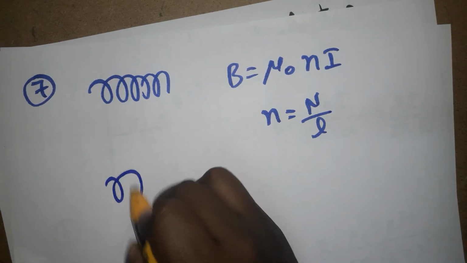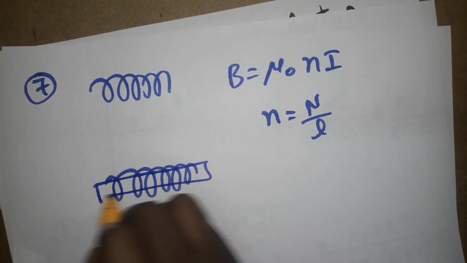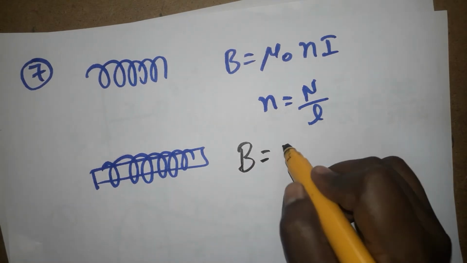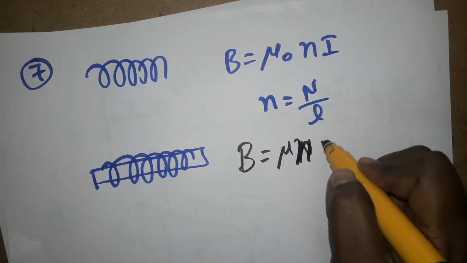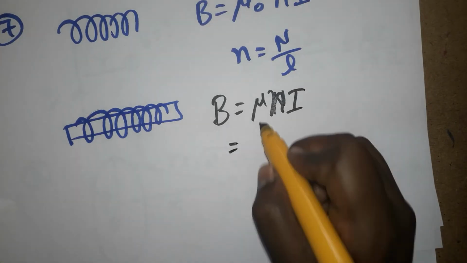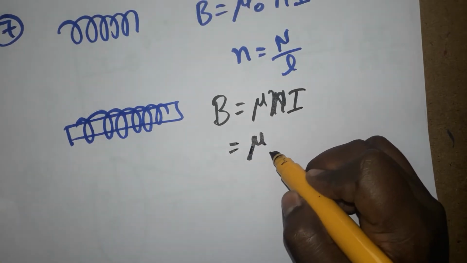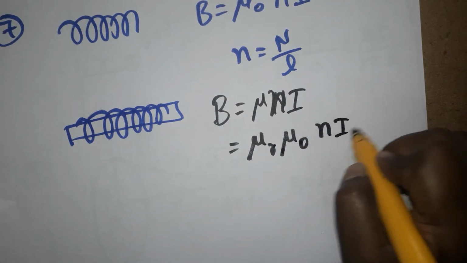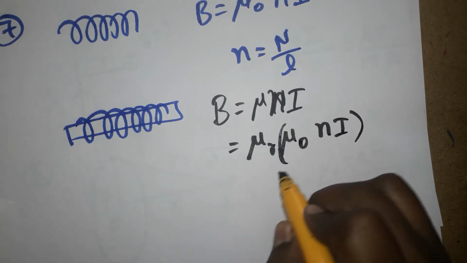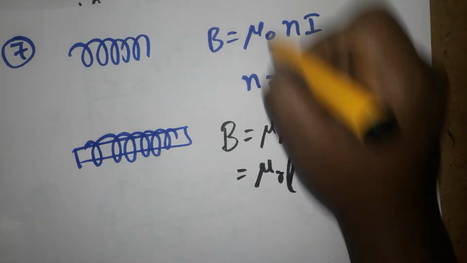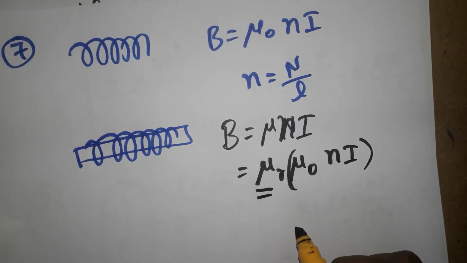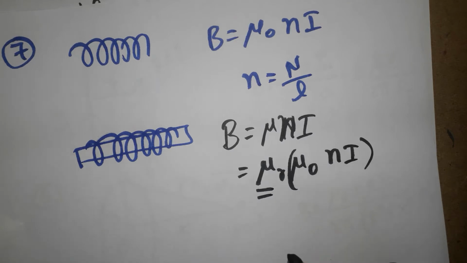The next one, the same solenoid coil, but I place some material inside, some material X. Now what is the magnetic field? B is equal to mu times n I, since I used a material. So it's going to be mu relative, the relative permeability, times the permeability of air, times n I. So you should multiply with mu r. That is the difference between this formula and the previous formula. This value depends on what material you are using. The relative permeability depends on the material you are using. Okay, the next formula.